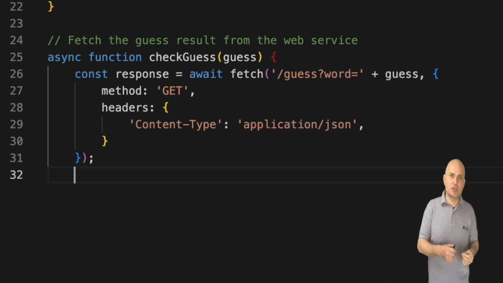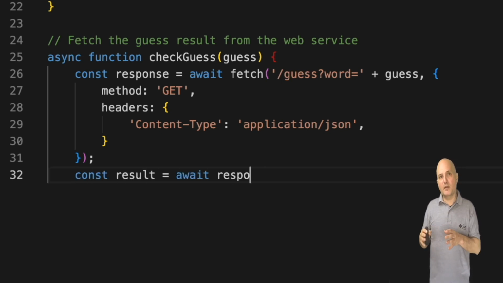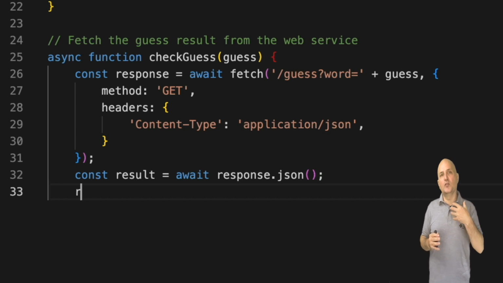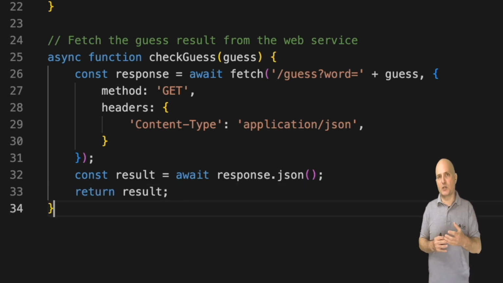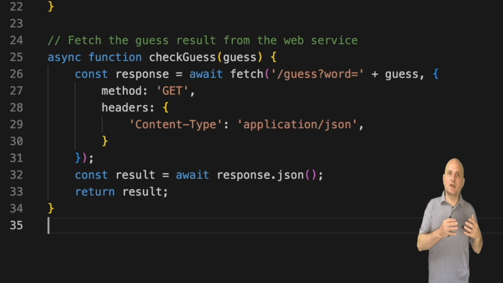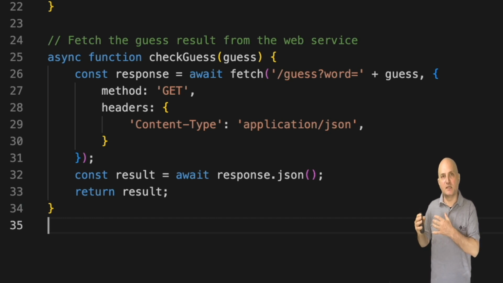But since fetch is also asynchronous, we use await to wait for the response from fetch. Otherwise, we wouldn't have the return value from the function. Getting the JSON response is also an asynchronous function. You will see this a lot in JavaScript. Anything that can potentially block will be asynchronous. Otherwise, the browser will freeze and the experience will be pretty terrible.